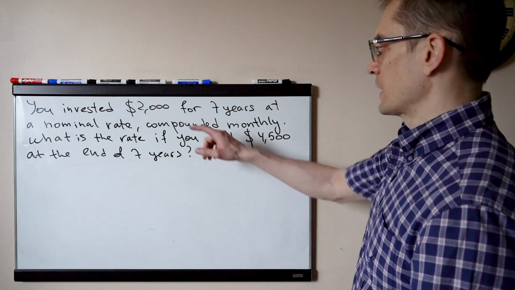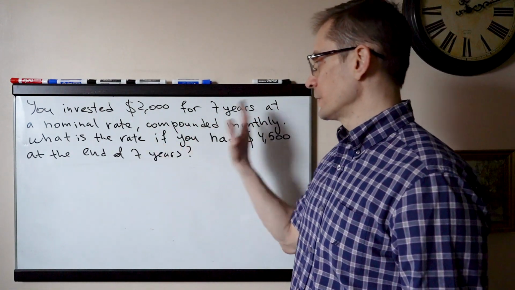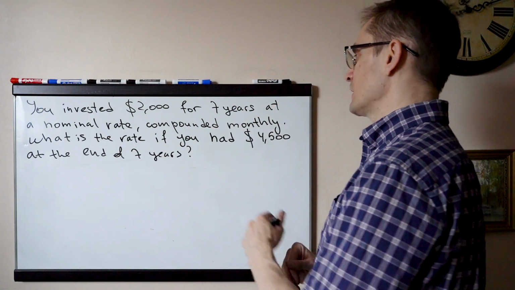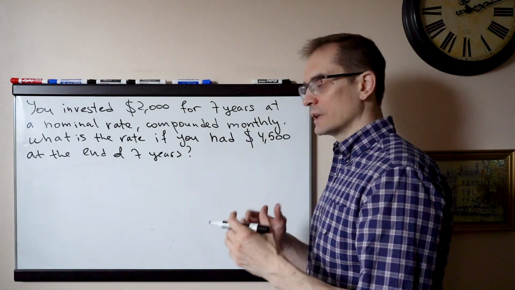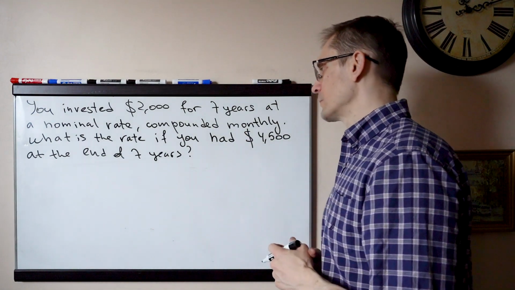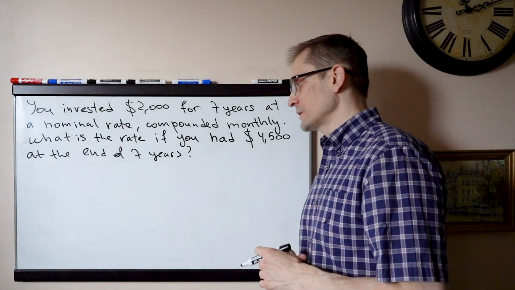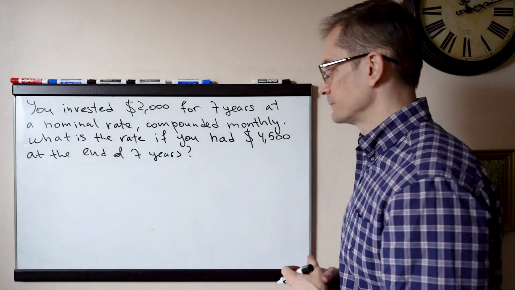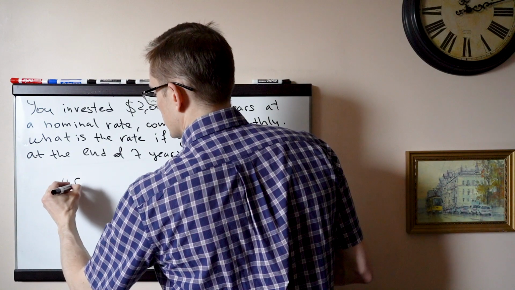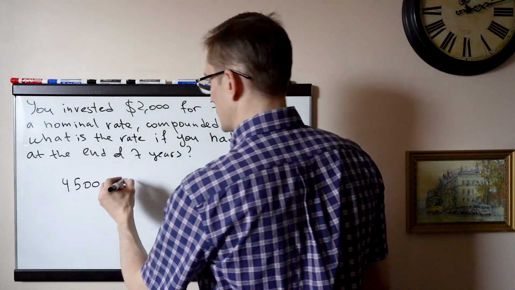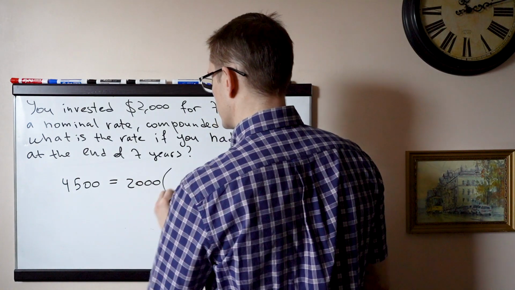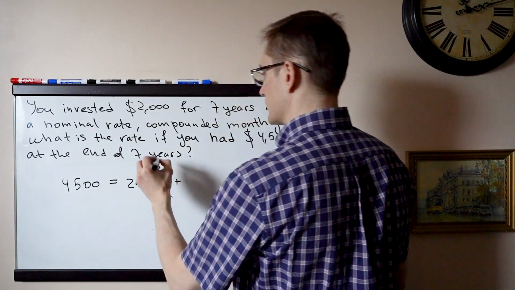So you invested $2,000 for 7 years at a nominal rate, which we don't know, compounded monthly. That's what we know: the rate is a compounded rate and it's compounded monthly. So what is the rate if you had $4,500 at the end of 7 years? You are getting 4,500 as your future value, and you know that $2,000 was invested at